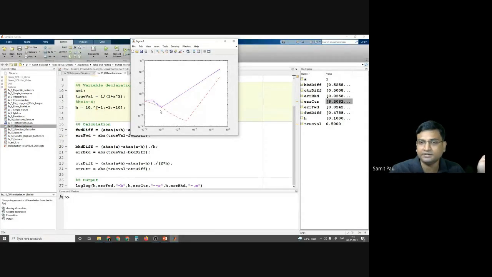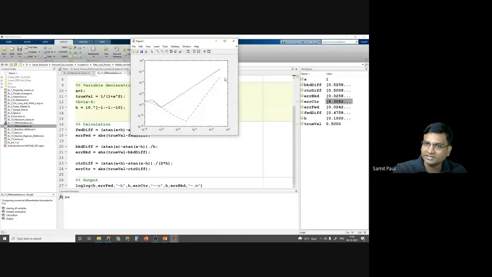Now, what is happening here? Initially, when h is higher and we are decreasing it, one type of error is decreasing, and after this point, another type of error is increasing. So there is a competition between truncation error and round off error.